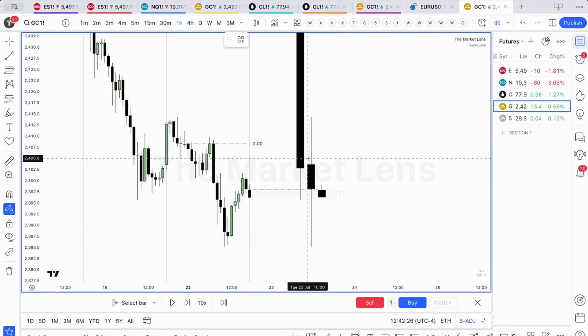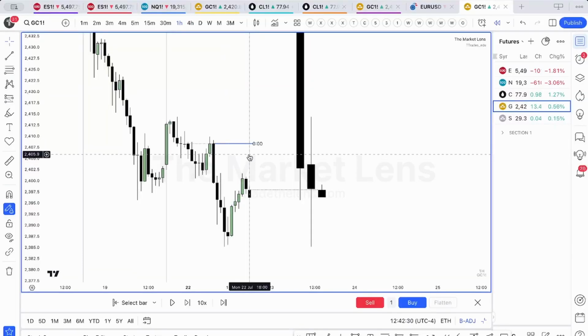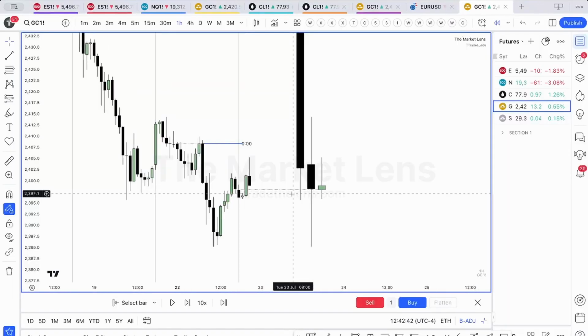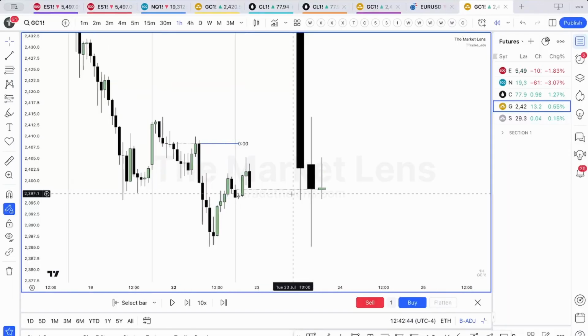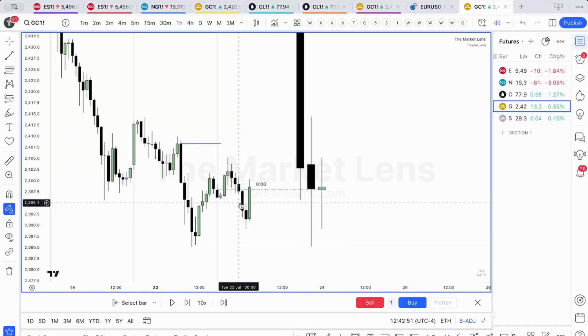The reason I'm not looking for entries yet on this is we don't have a change in the state of delivery. If we had a change in the state of delivery, then I'd be looking for entries within candle 3. Within candle 3, I would just be looking for an opposing candle to form. And what that does is, we can even use this example. If we have an opposing candle form, see, like this is not a very high probable day, or else this would have held. But when we have this opposing candle form here,